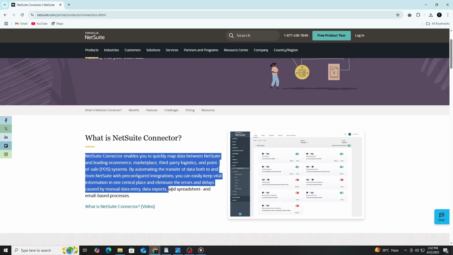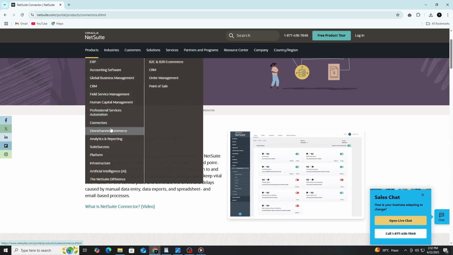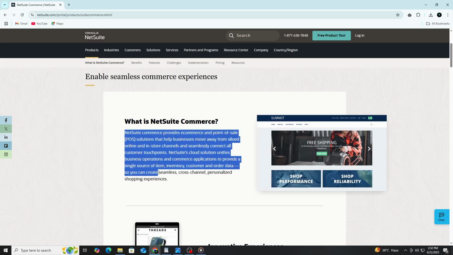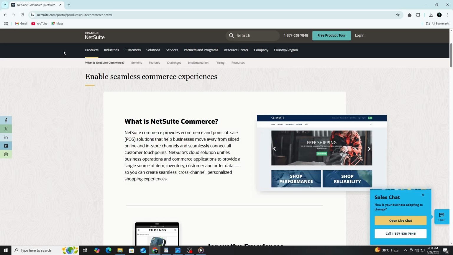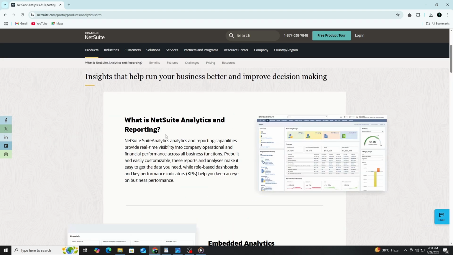NetSuite's connectors make integration easy by syncing with popular platforms like Shopify, Salesforce, and PayPal. This reduces manual data entry by automatically importing orders, updating inventory, and syncing customer data across platforms. For retail businesses operating both online and in-store, NetSuite's omni-channel commerce feature unifies e-commerce, point-of-sale systems, inventory management, and customer records into a single platform. It supports real-time inventory updates, flexible pricing, loyalty programs, and seamless order fulfillment across multiple locations, ensuring a consistent customer